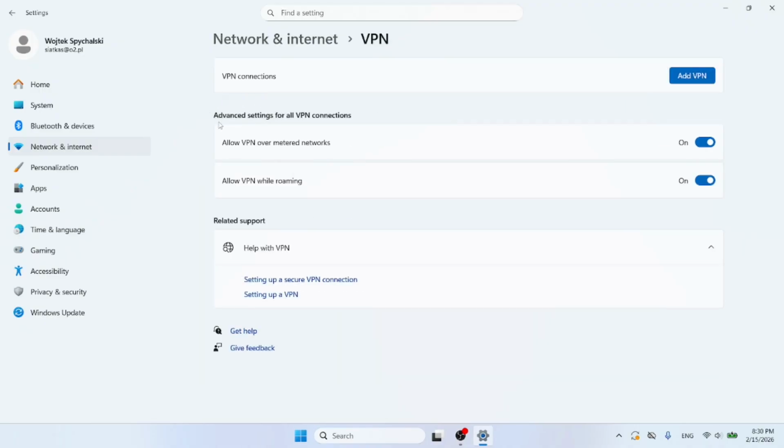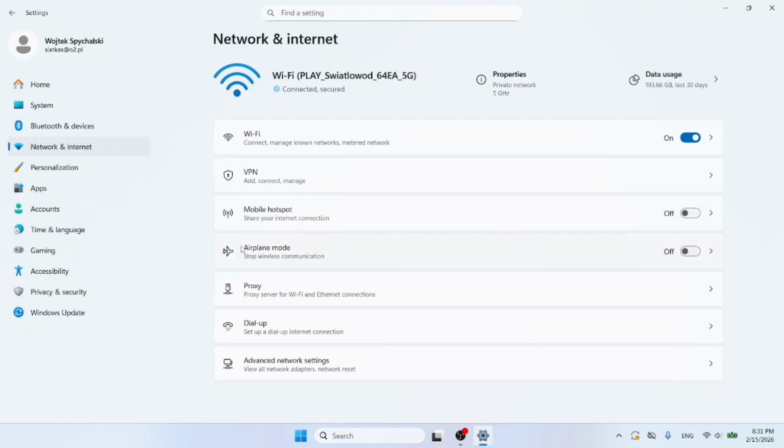Now in Advanced settings for all VPN connections, we need to disable these options. We need to disable Allow VPN over metered networks, so I click on this white dot, and we need to disable this option, Allow VPN while roaming, so I click on this white dot to disable it. And then we need to click again on Network and Internet settings, but this time we need to go to